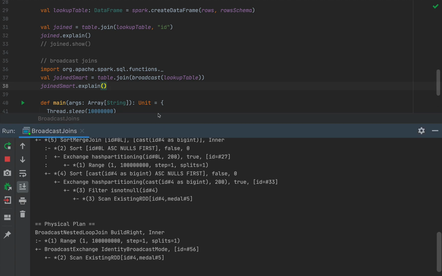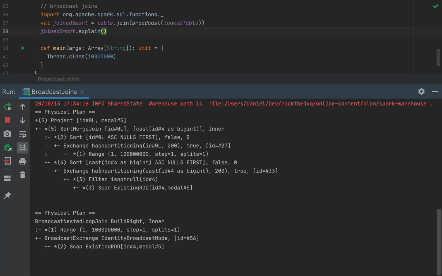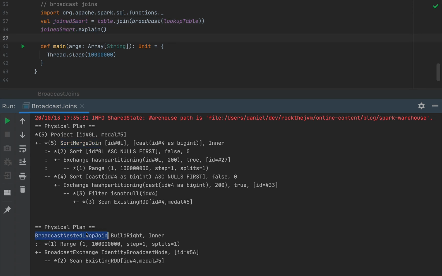So notice that we have both query plans here in the console, so we can safely compare them. Notice that the second query plan is much simpler. So the joinSmart data frame that Spark will compute is a broadcast nested loop join. So notice that this join mechanics is wildly different from the sort merge join that it used to perform before. So notice that this join will only need to consider the initial big data frame, so the range 1 to 100 million, which it doesn't need to redistribute anymore, and the other branch is a broadcast exchange of the lookup